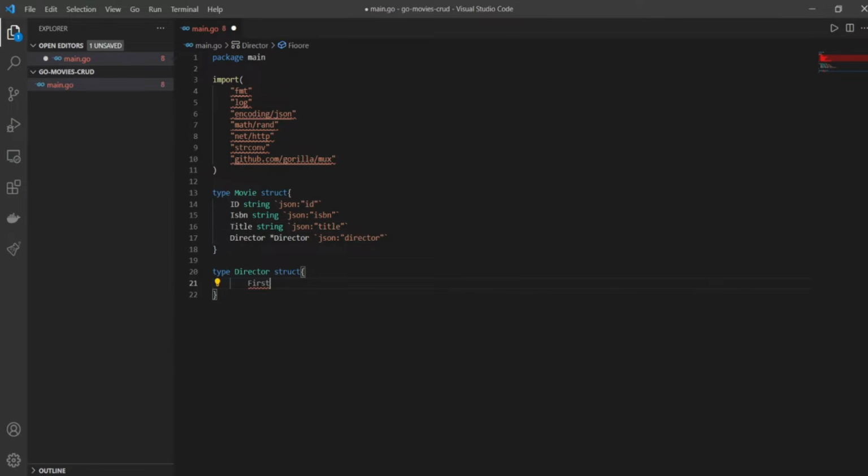And director will have first name, which will be a string, JSON, first name, and it'll have a last name, which will again be JSON, last name, right? So when we send this data using Postman, we'll be using ISBN, ID, title, and director in